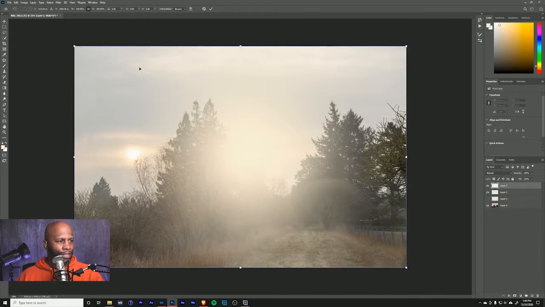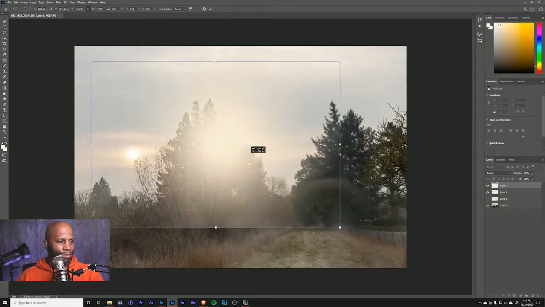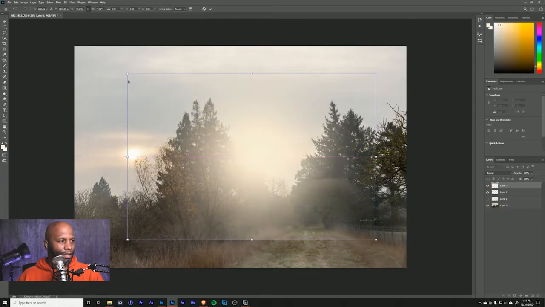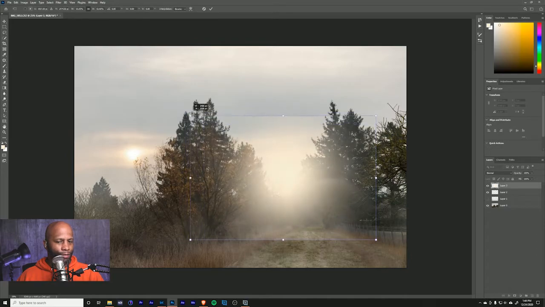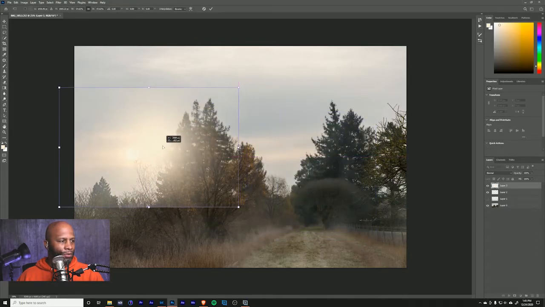And you'll see I have these little brackets and guides showing up on the screen around the edges. And I can just scale it down and resize it and move it around, all that good stuff. So I'm going to scale it down like so. And I'm going to place it over here where the sun is to make the sun look a little bit